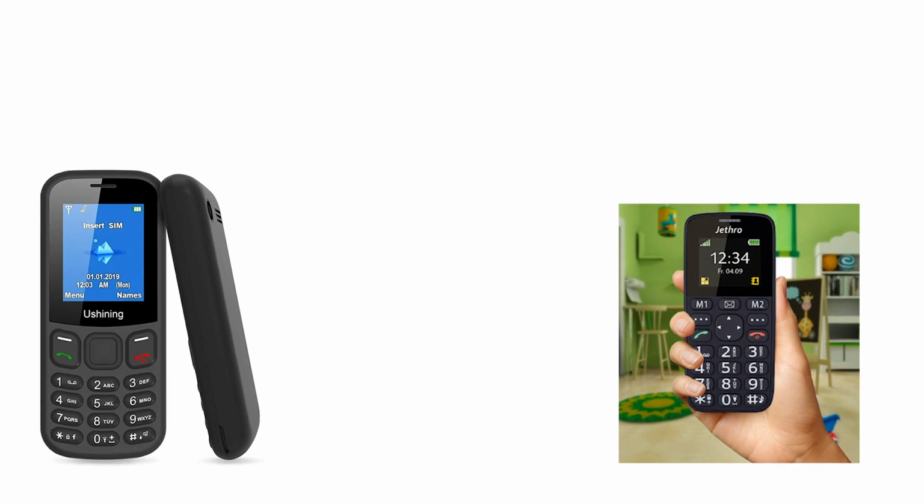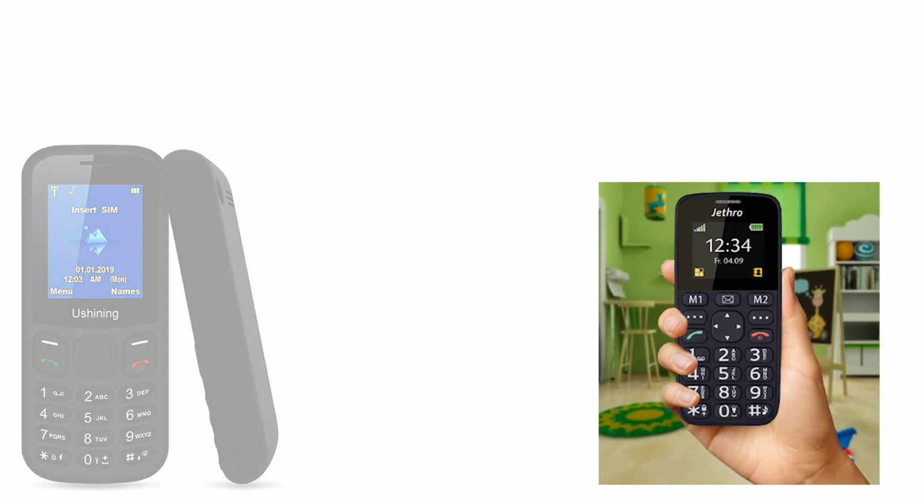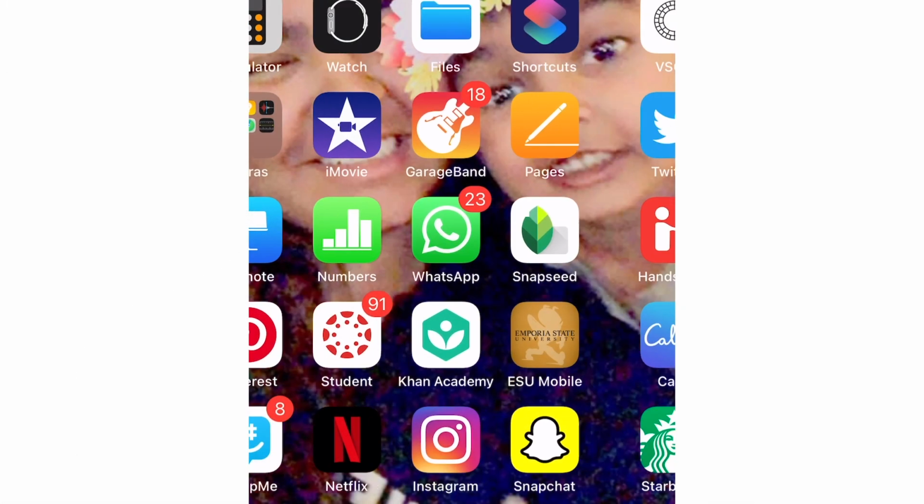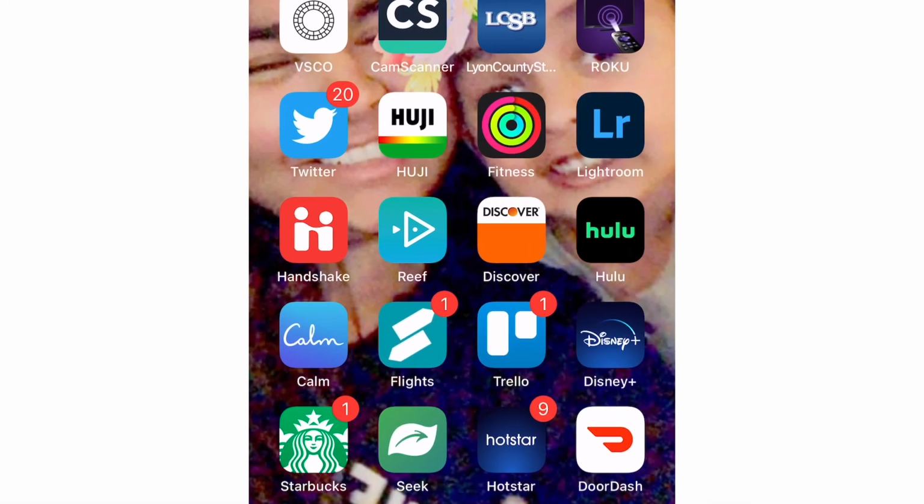Third, instead of giving our kids a fully functioning, pinging and dinging smartphone, it's better to start with a feature phone that only makes calls and sends text messages. Such a phone can be purchased for less than $25 and does not come with the apps that can distract the child with external triggers.